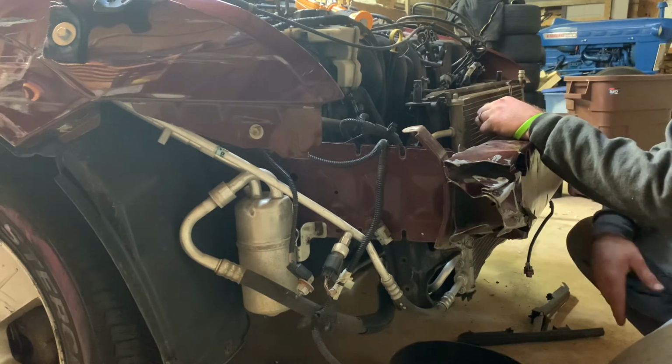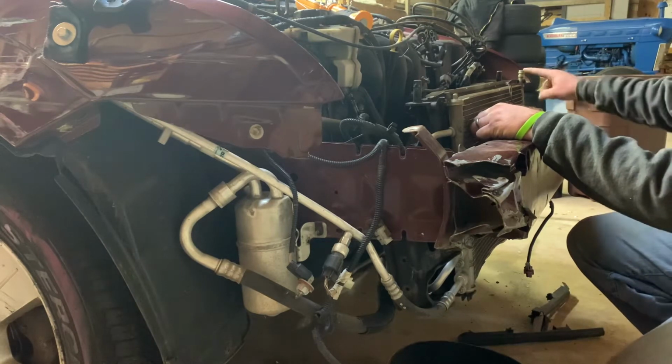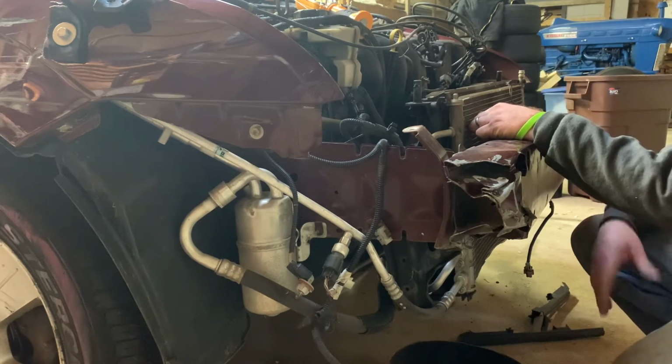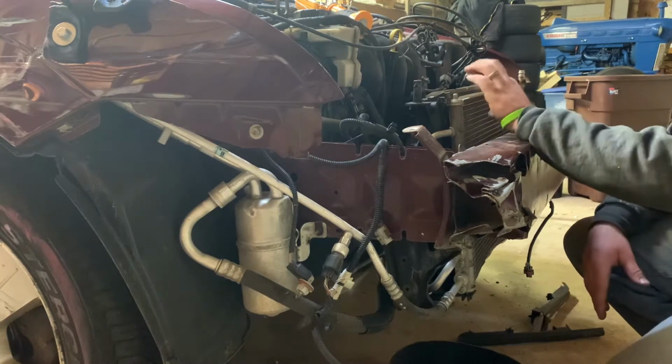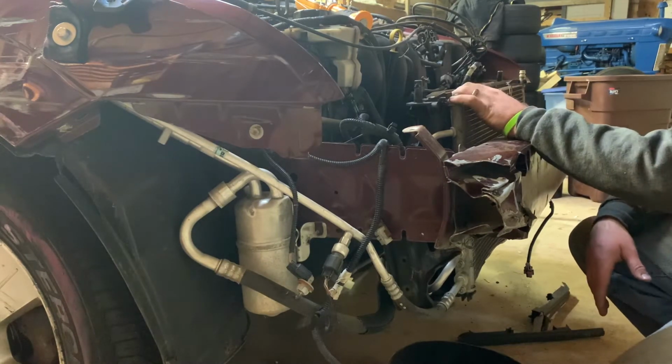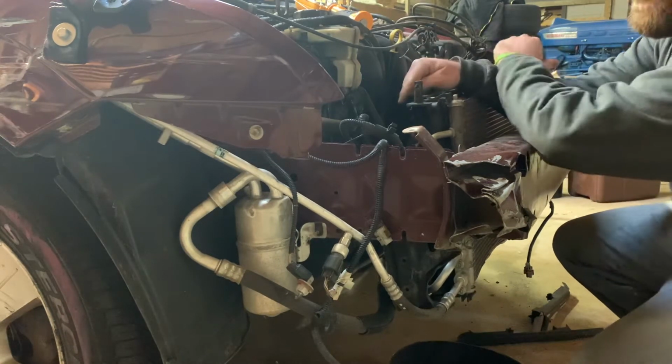I forget what it's called at the moment, but anyways, we're gonna pull these lines. I already cracked the valve to let a lot of the pressure out. So I just got this here. Again, the reason we're doing this, A, eliminate a little bit of weight, but B, again, you have your AC